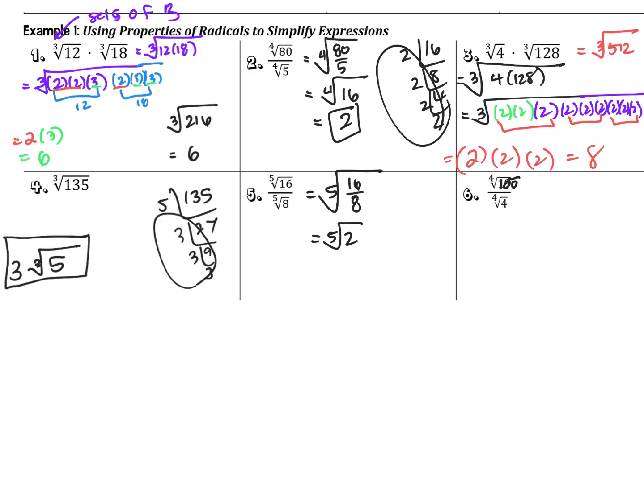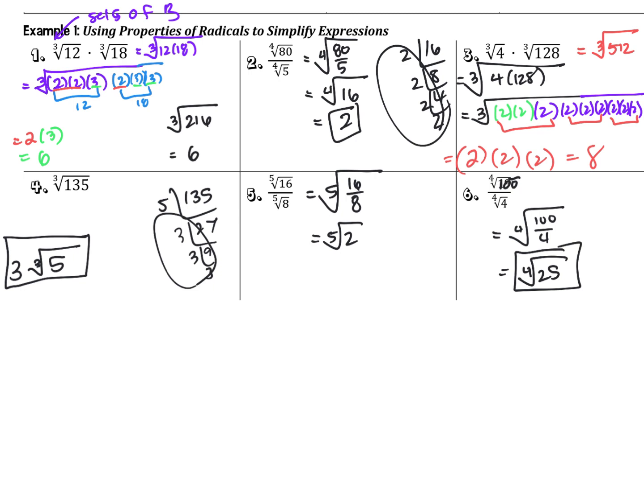Now, I don't know what the 5th root of 2 is, but I know that that's more simplified than the 5th root of 16 over the 5th root of 8. Last but not least, I'm going to rewrite this as the 4th root of 100 over 4, which is going to become the 4th root of 25, which again